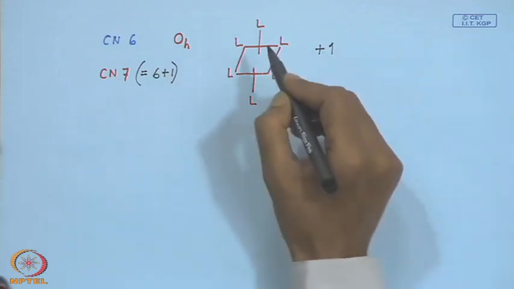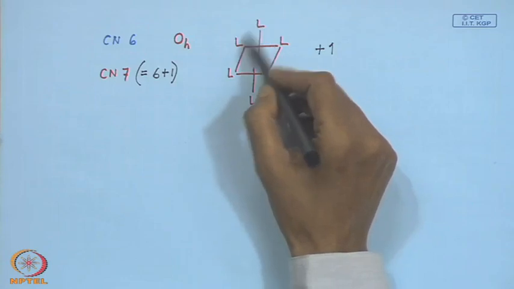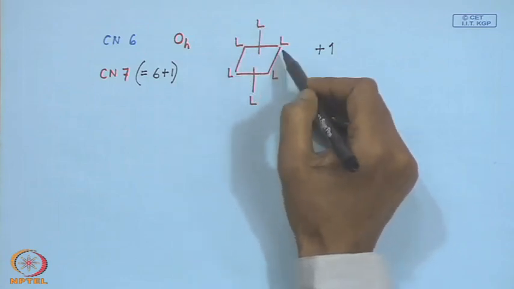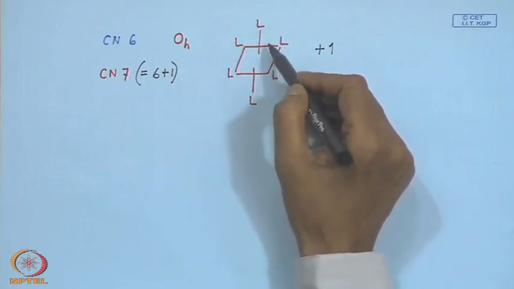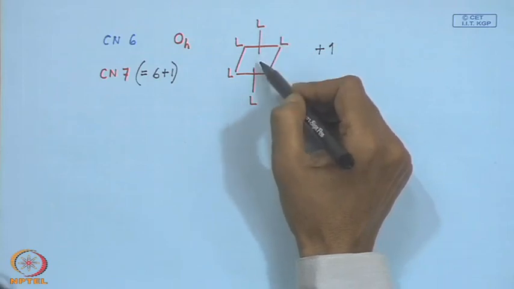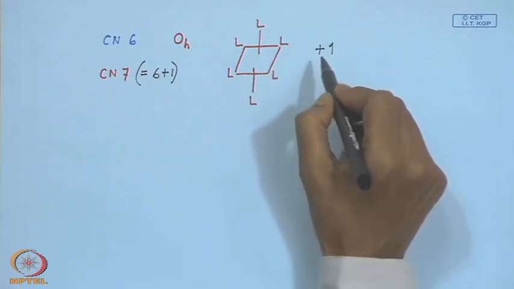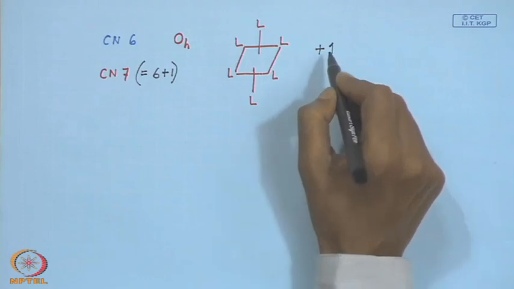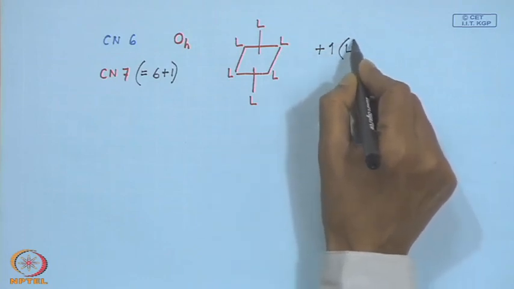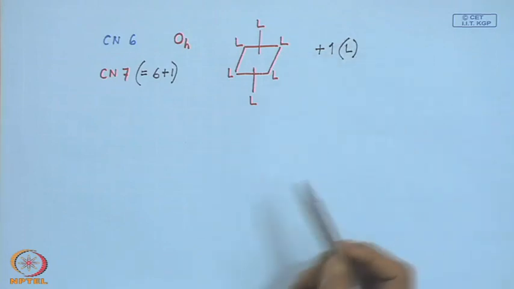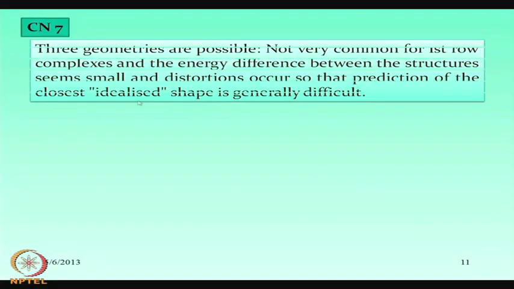So, how we put? If all the positions are symmetric in nature, preferentially we should take one such position such that we put one extra ligand to get a corresponding coordination number of 7. So, let us see how we put that particular